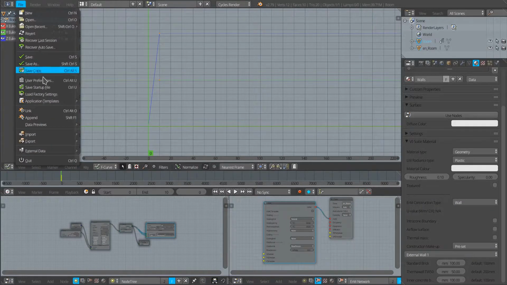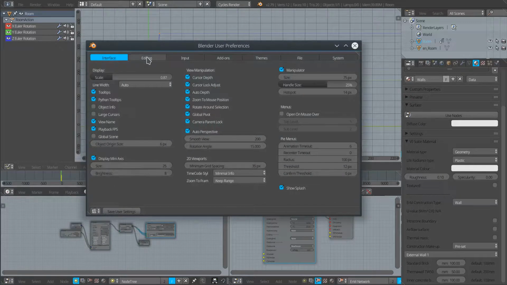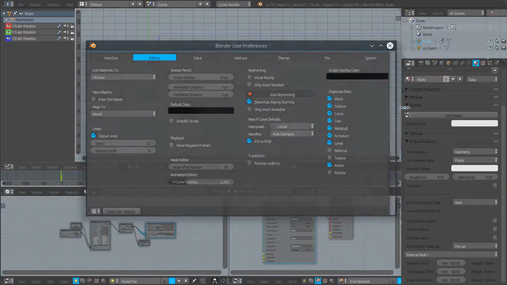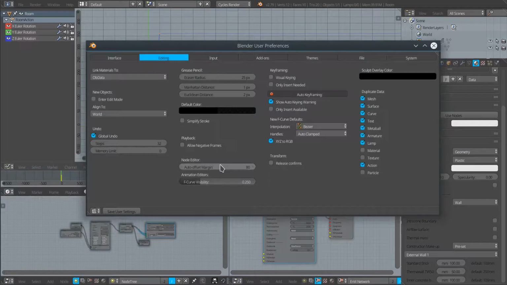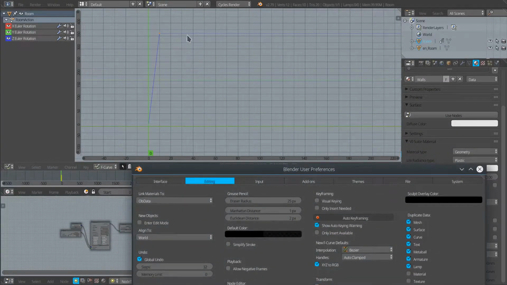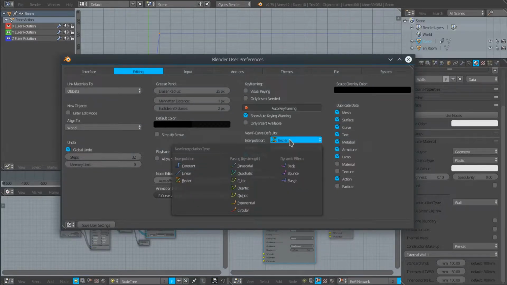If I come into the user preferences, and if I come into editing, this new F-curve defaults interpolation option is by default set to Bezier in Blender, which would mean this straight line would be a curve. So you'd get smaller steps at the beginning and smaller steps at the end. So it's a good idea, if you're looking at linear transformations, to set this option to linear